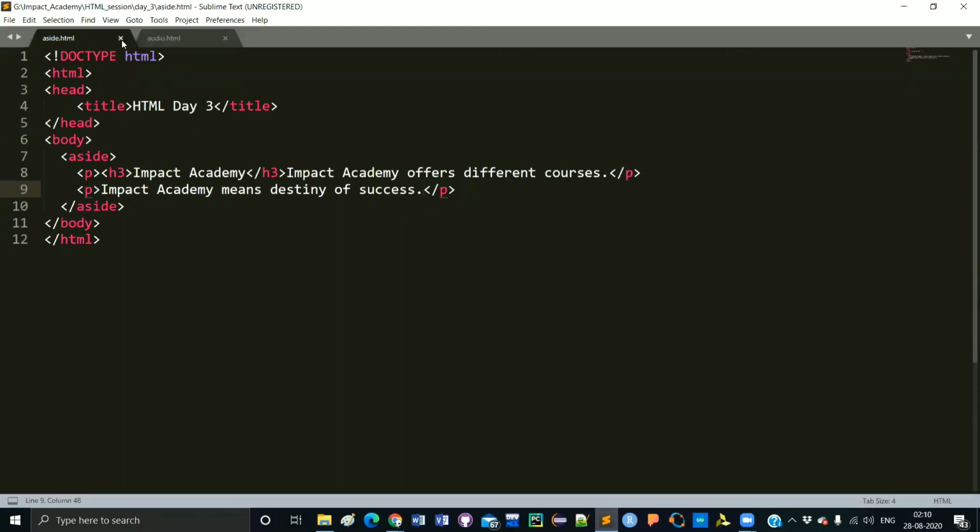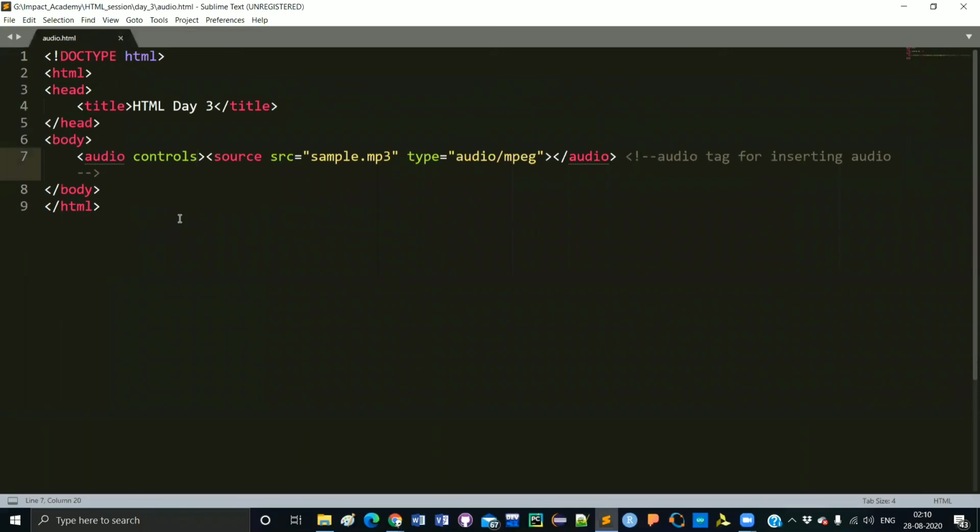And today's last tag that we are going to discuss is audio. Why is this audio tag needed? This audio tag is needed to insert any audio in your web page or your website. Within the audio tag you have to use the source tag. The source tag basically says what the source of your audio is.